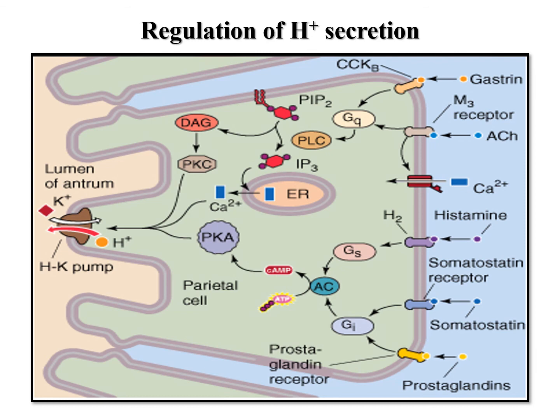The cyclic AMP will go and cause increased activation and action of protein kinase A. This protein kinase A will ultimately, through different steps, lead to more expression of the hydrogen potassium ATPase pump on the luminal membrane of the